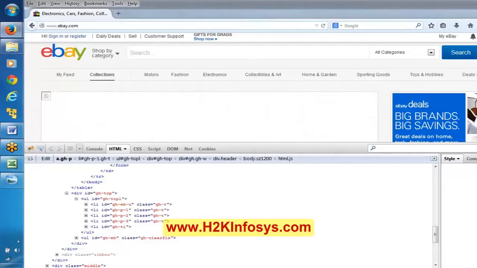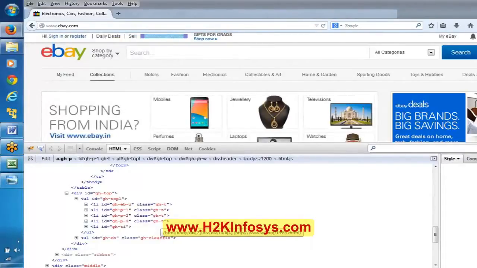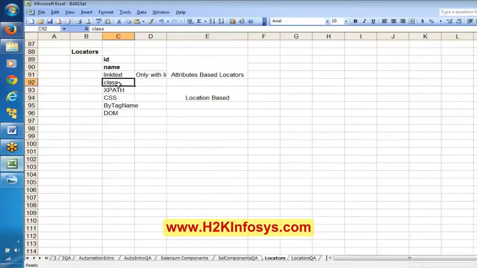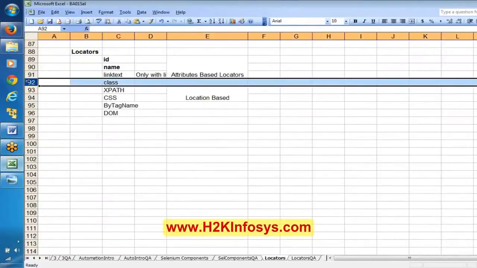Using the ID attribute. It means in this entire application, this particular text box has a unique ID. That is how we are able to recognize this text box uniquely. But if you try to use the class attribute, it is not unique. This class attribute has been used for 4 to 5 objects, right? So that is the reason generally we will not use the class attribute in most of the cases.